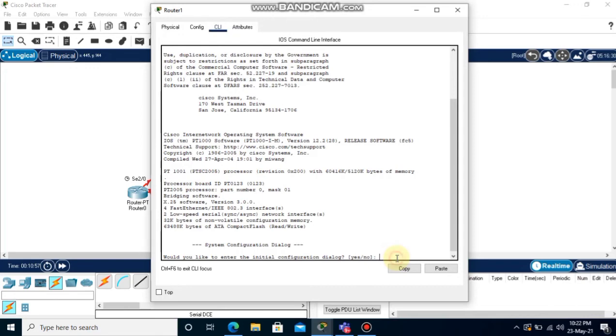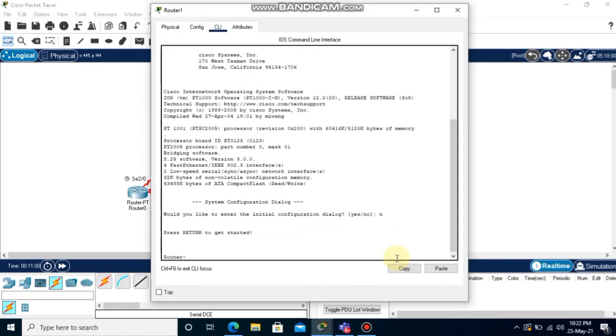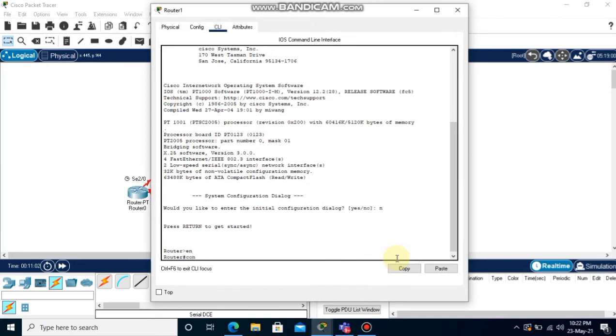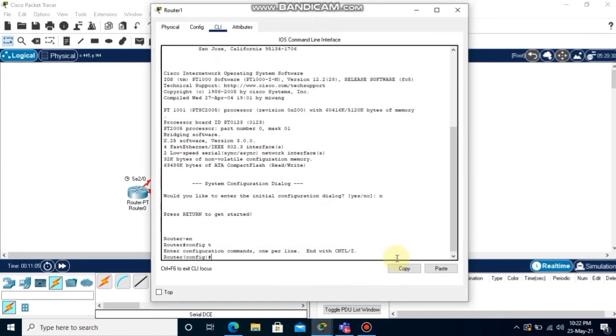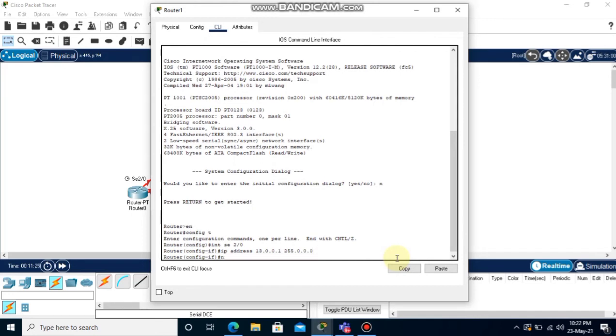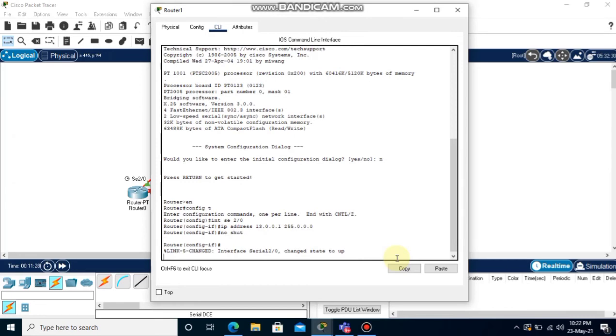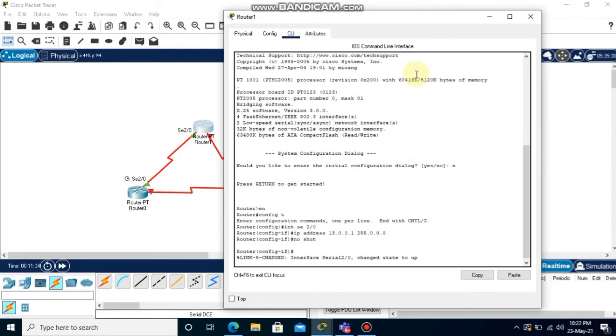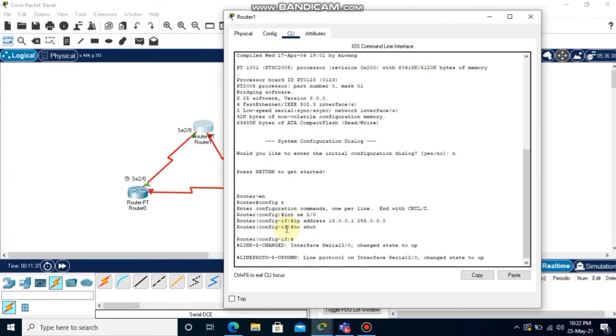We are configuring the next interface in a similar manner, and I'll write enable to move to the privilege mode, then config T, and interface SE2/0. Here I will assign IP address 13.0.0.1 and the subnet mask 255.0.0.0. Then I'll write no shut. Now you can see that the status is up and the lights are now